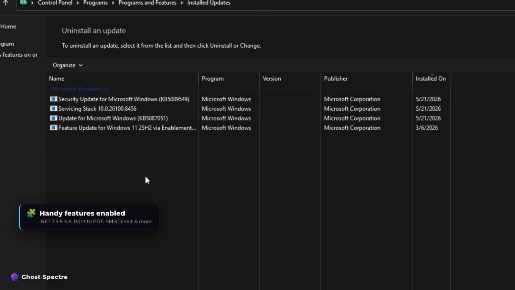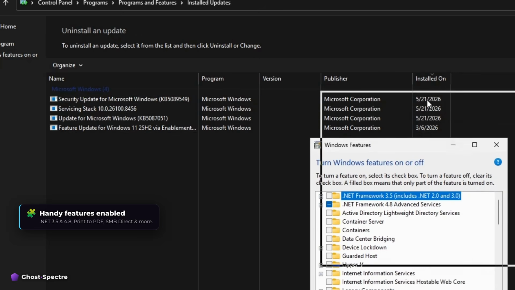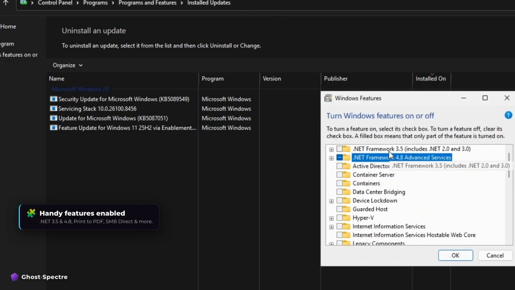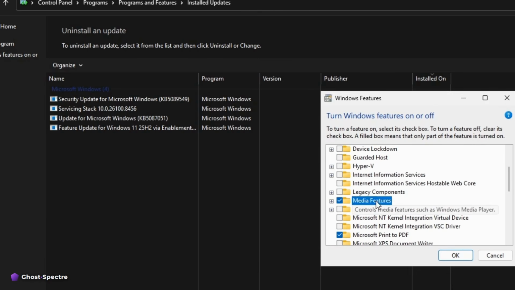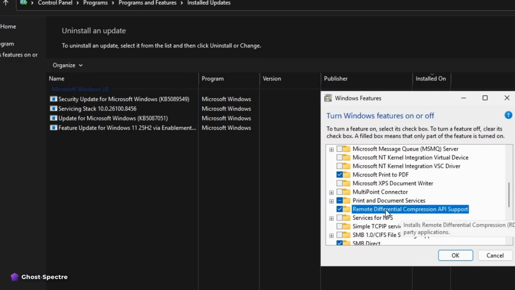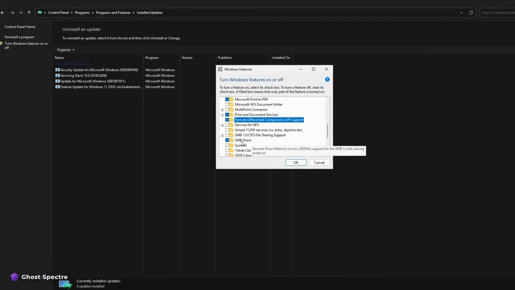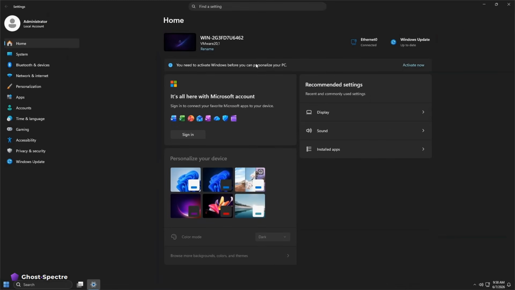The system also includes several enabled Windows features, such as .NET Framework 3.5 and 4.8, multimedia features, Microsoft Print to PDF, print services, Remote Differential Compression API, and SMB Direct. Opening the Settings app, the first thing you'll notice is a message indicating that Windows activation is required